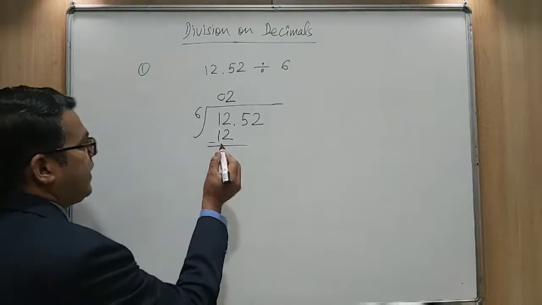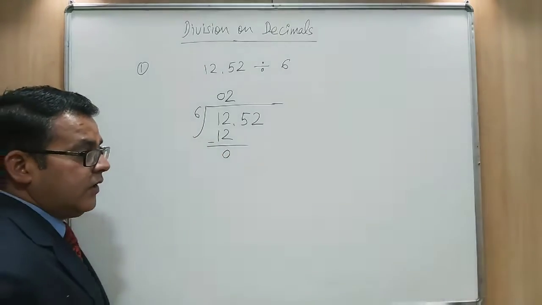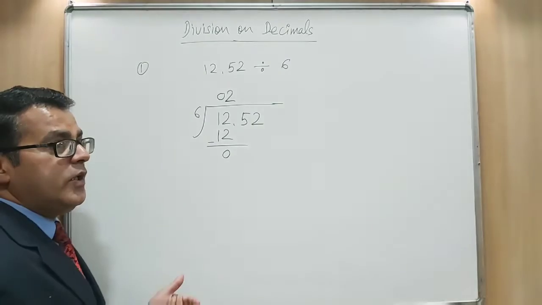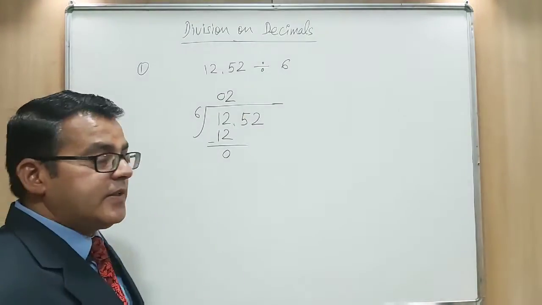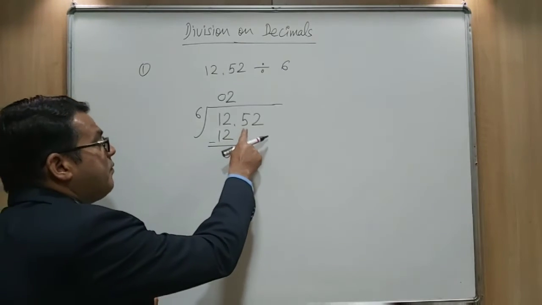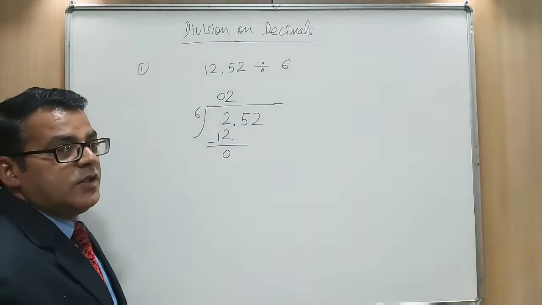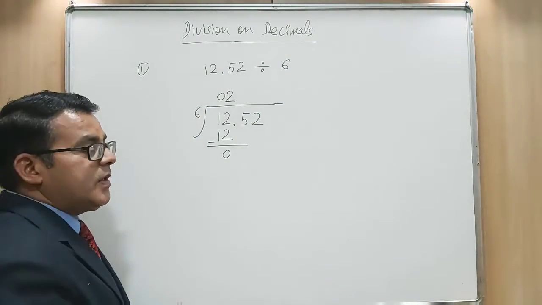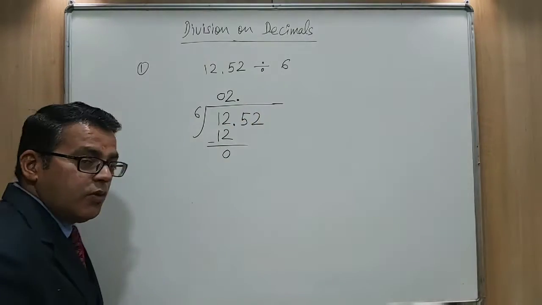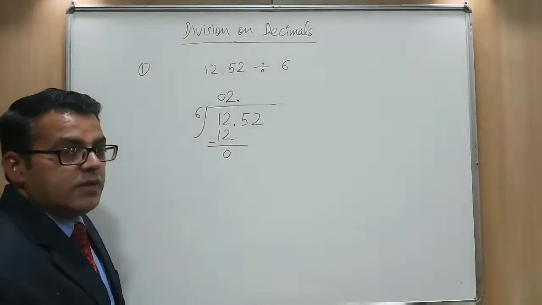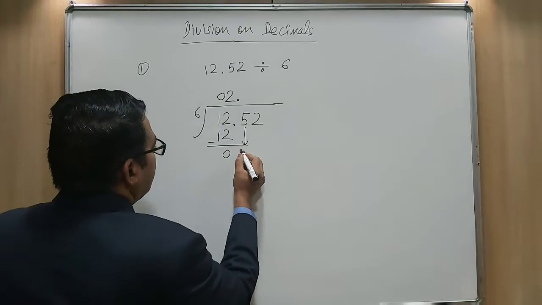Now, as you know that in division, in the second step, we need to subtract. So minus we can write here. So after subtracting, what do we have? 0 we have here. Now, the rule is you need to shift the next digit. So the next digit is 5. But before 5, you can see a decimal point is there. So no need to shift that decimal point. You do one thing, write this decimal point in the quotient only. No need to write here, right? So we have written this decimal point here. Now the next digit is 5,